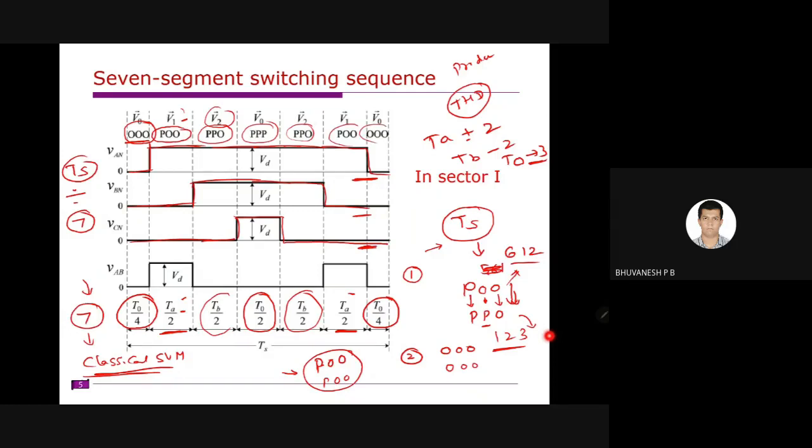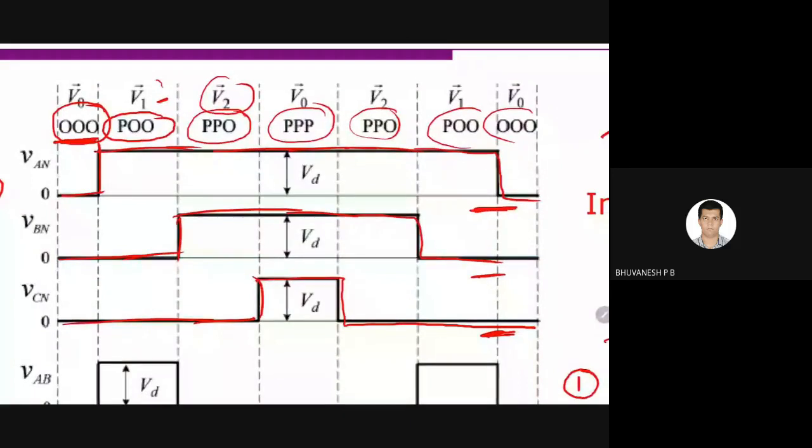Here, if you notice, this is the zero switching state. Actually this zero switching state will not produce any voltage. It is just used to reduce the switching losses and to fill whatever time is left. So this is 0, 0, 0. We start with 0, 0, 0, and this is V1. Only A phase is changed here. Similarly, when moving from V1 to V2, only B phase is changed, and similarly C phase is changed. Likewise, this one TS period is completed.